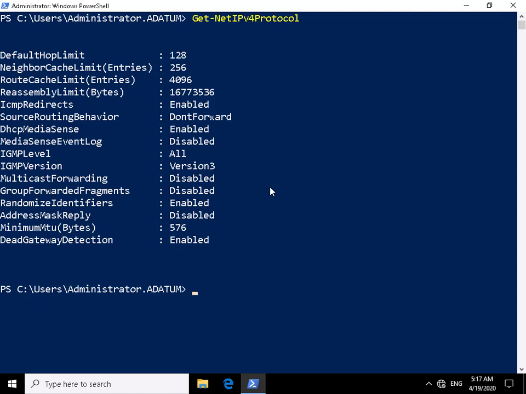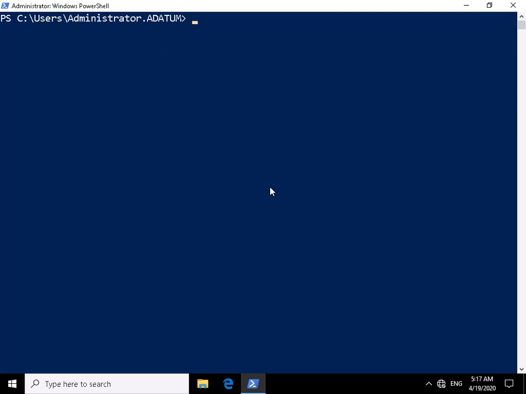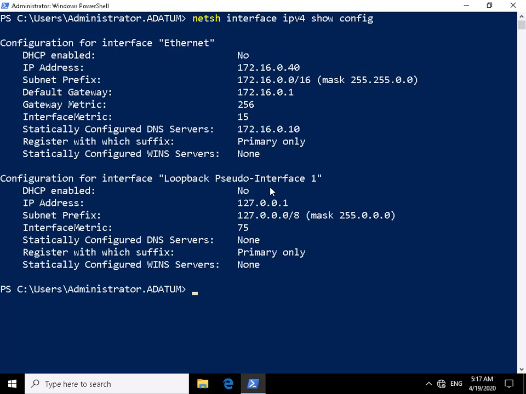What we can also do as well is we can use a netsh command. So if we just clear off this screen, so we have netsh, and then interface. So I'm specifying I want to run this command against an interface. We want IP version 4. And then what we want to do is show the config. Now when we hit return, it gives us information relating to our IP addresses, and finally we also have ipconfig /all,